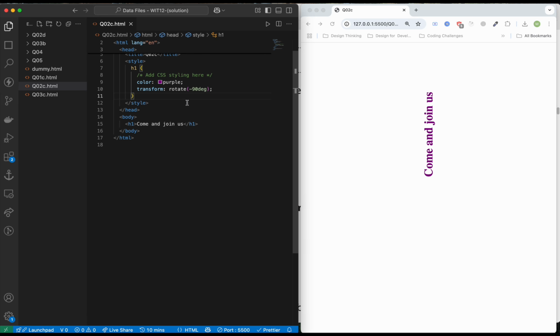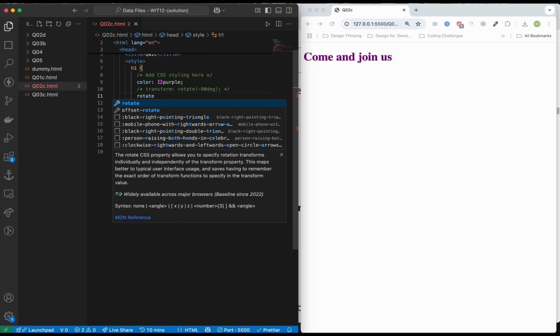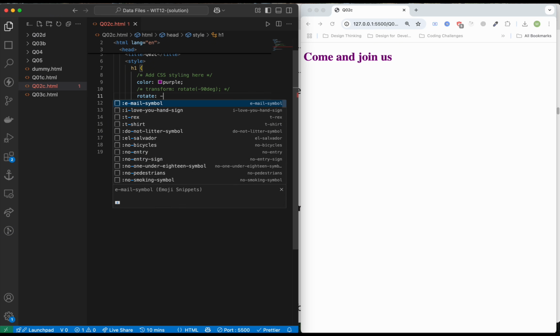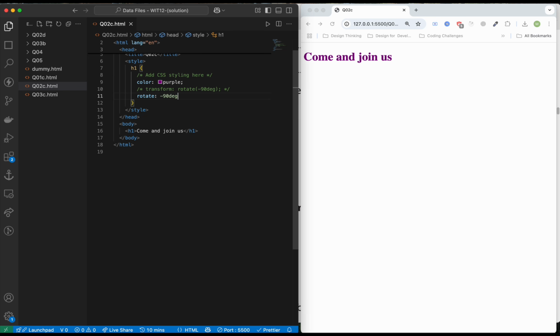So now it's transform, rotate 90 degrees. Otherwise you can also add rotate -90 degrees. That one is also acceptable, but I prefer transform as mostly good, but both are included in the mark scheme, so it's up to you. Okay,